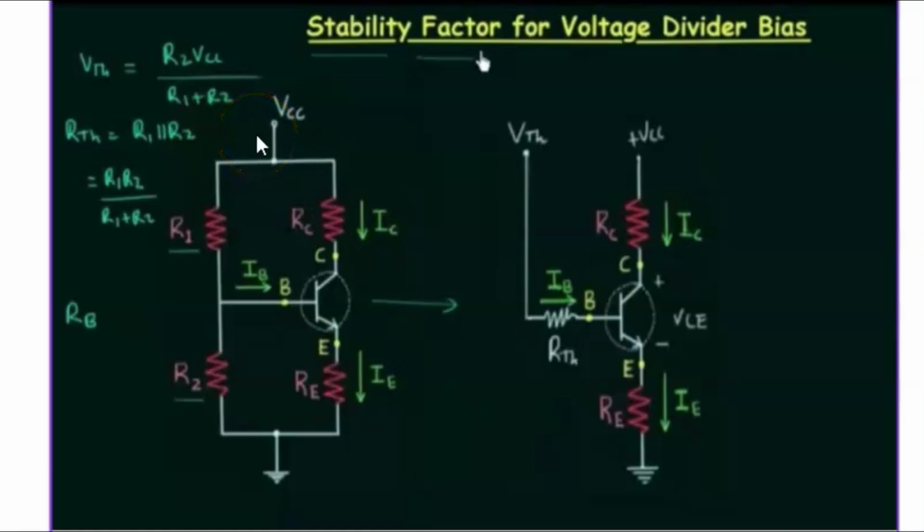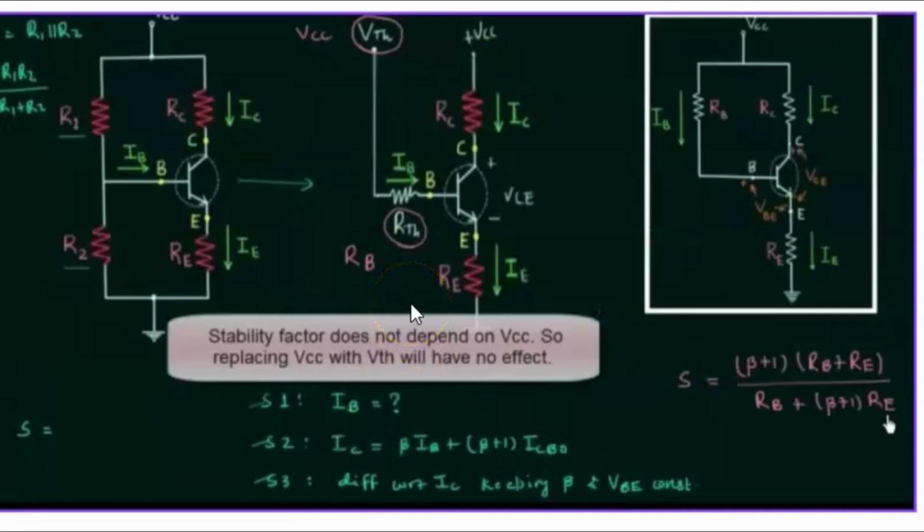Now we have already seen in our previous videos that in case of voltage divider bias, our VTH is going to be equal to R2 times VCC by R1 plus R2 and RTH is going to be equal to R1 R2 by R1 plus R2, और इस सर्किट को हम लोग इस तरीके से रिप्रेजेंट कर सकते हैं। Now there is an important point that is stability factor does not depend on VCC, so replacing VCC with VTH will have no effect. अब stability factor निकालने के लिए we are going to follow the same three steps as we have